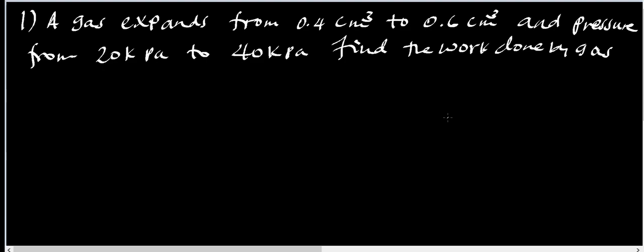a gas expands from 0.4 centimeter cube to 0.6 centimeter cube and pressure 20 k pascal to 40 k pascal. Okay? ስለዚህ ከ20 ኪሎ ፓስካል ወደ 40 ኪሎ ፓስካል ማን ፕሬሸሩ ማለት። ስለዚህ ፕሬሸሩ ቼንጅ አድርጓል ማለት the graph looks like this ግራፉ ይሄን ይመስላል። ኦኬ